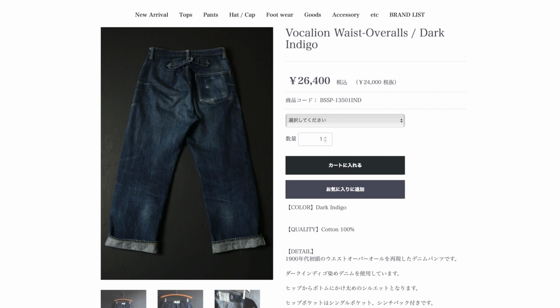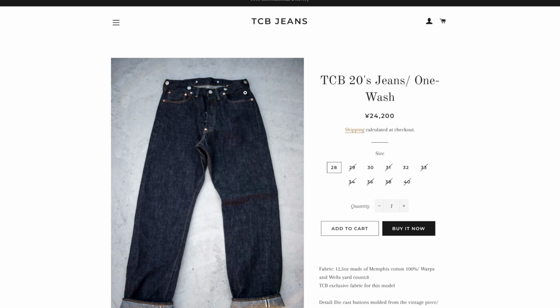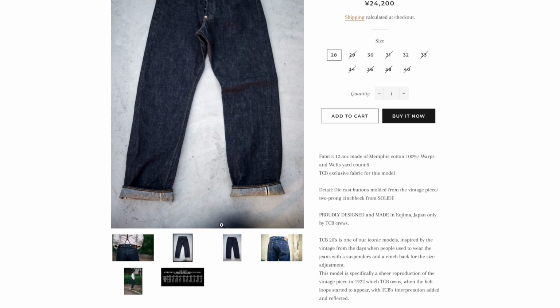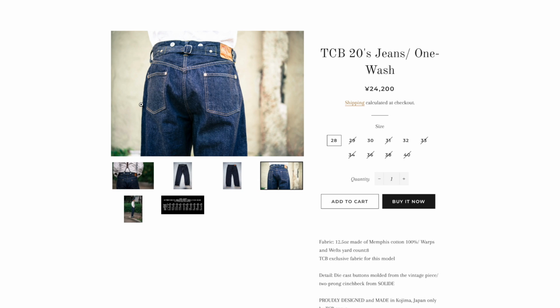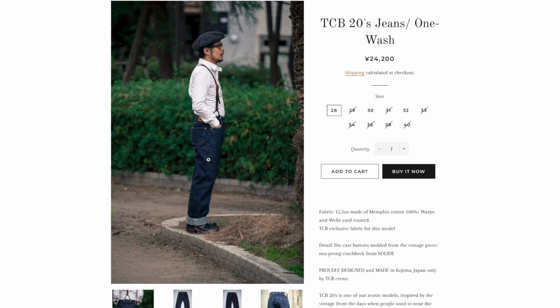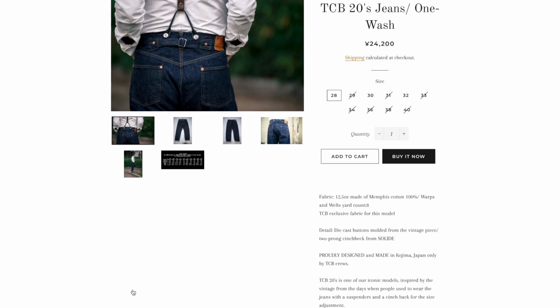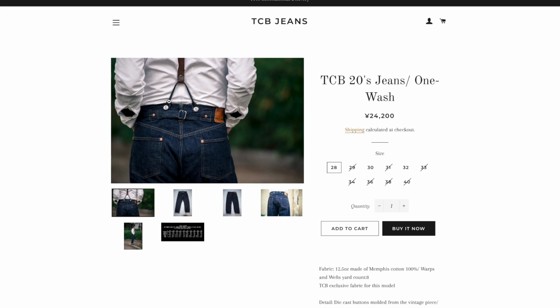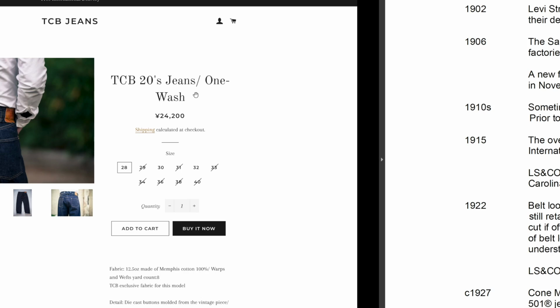Okay, so again, this is called a 20s, but the idea is the same. Another pocket is added here. So you got the cinch back, you've got the suspender buttons, and two pockets. And as far as I know, this one is not accurate because it has belt loops. But I don't know, that document I'm reading might not be comprehensive. There might be details left out. But as far as I know, they didn't add belt loops yet. So anyways,